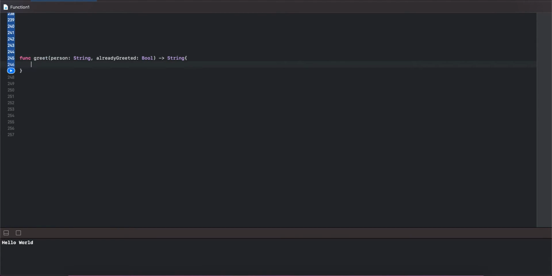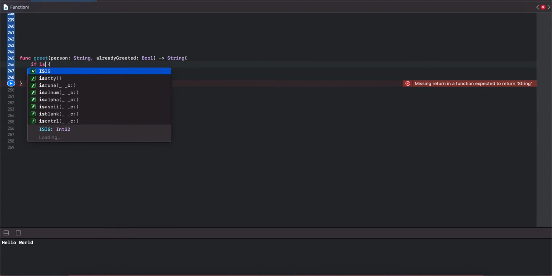So the two parameters are person, of type string, and alreadyGreeted, of type bool.